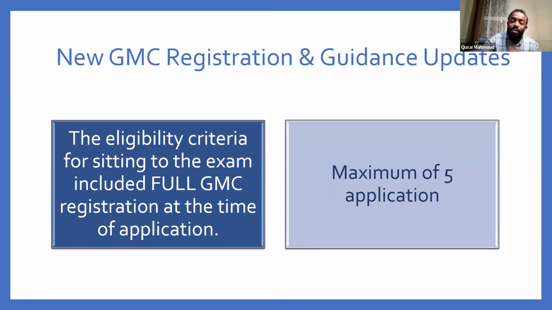Now, this year, they limited the number of applications. You have just 5 applications. People used to apply everywhere, but now you have just 5. If you are considering radiology, radiology is one application, and Radiology North Island is a different application. So they are 2 applications, and you have just 3 left. So you can apply for just 5 applications this year, okay?